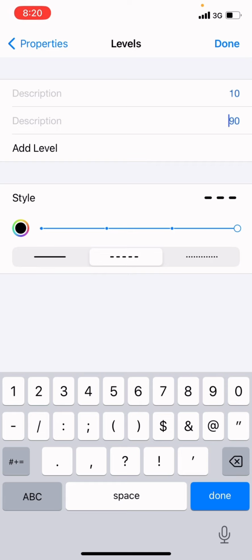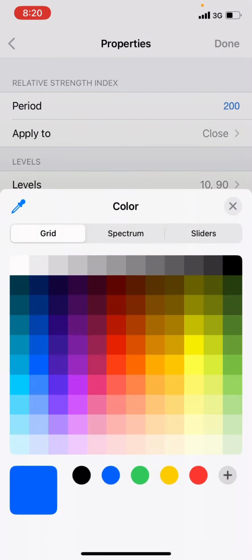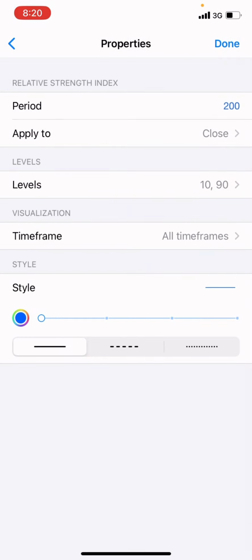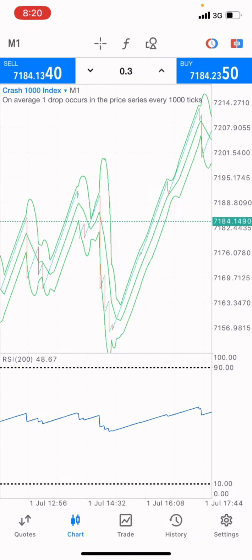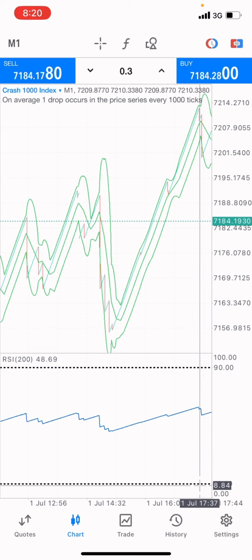Then after that, you go back. After going back, you select the style again for the relative strength index. Select blue, the color is going to be blue. Then you choose the first straight line pattern, which is this one right here. So the first style was in the levels, then the second one is on the main line right here, and you click on done. As you can see, this one right here is level 90 and level 10,